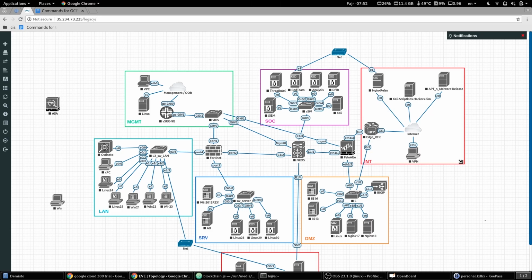So this can be used for a lot of different things, but it can also be used for scenarios where you have a production environment, everything is working perfectly, you want to test a change, but you're not sure what the impact would be. You could have the same environment running in this lab, and then you can do your test. You can import the configurations and do your test there. So to see what the impact would be,